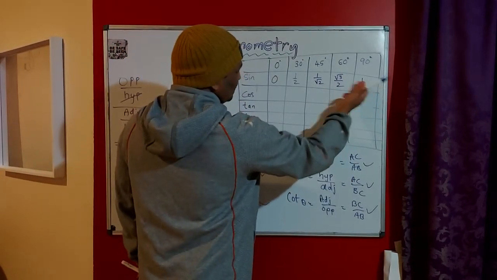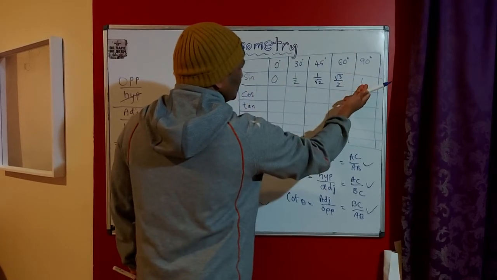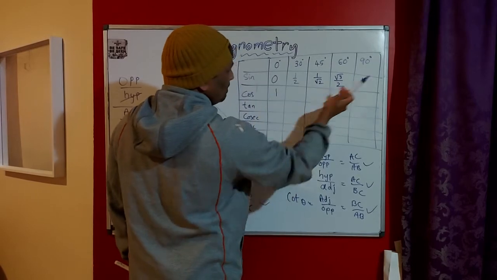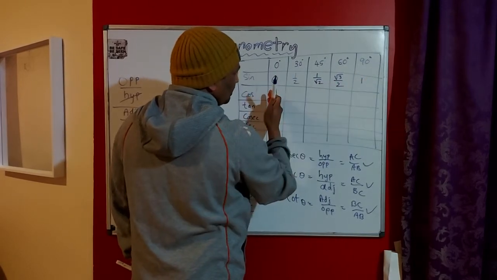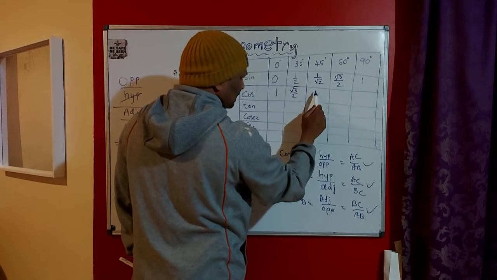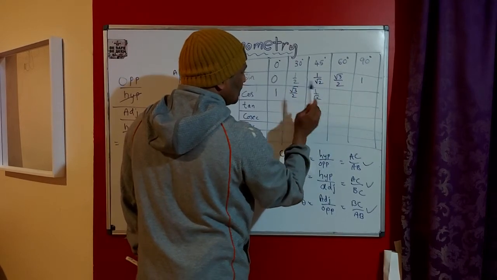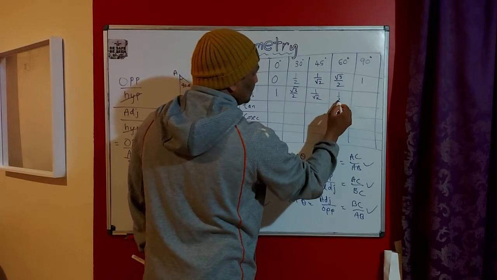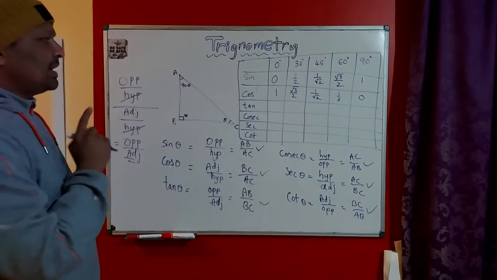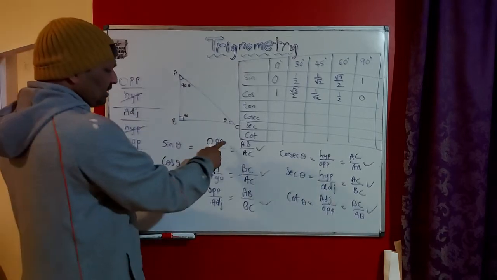For cos, the way you should fill this one is, you have to come from the other side. Like sine 90 degrees is 1, cos 0 degrees is 1. So you need to fill this table from this side. 1 you put here, root 3 by 2 you put here, 1 by root 2 you put here only, 1 by 2 you put here, 0 you put here. So we filled sine and cos.